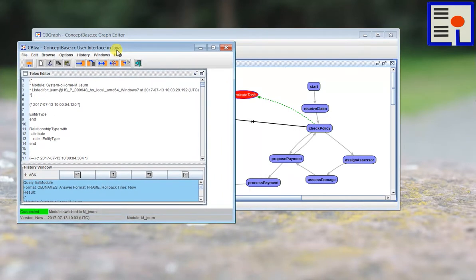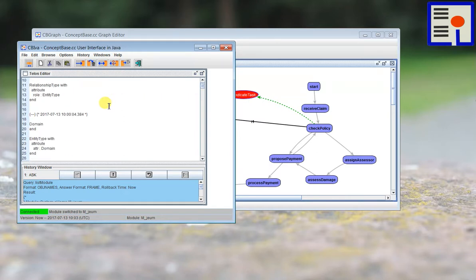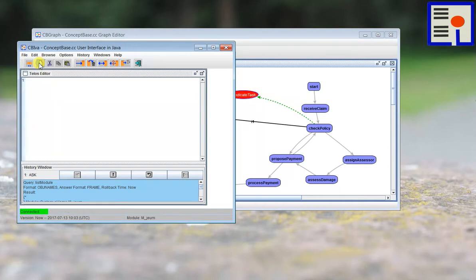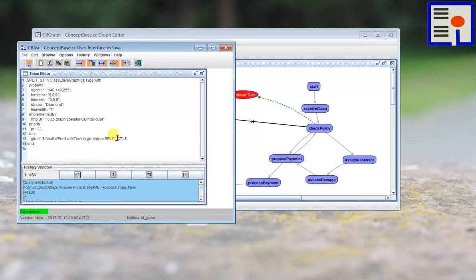It opens up here. It will display the content of the current module, so all the different definitions that we did in the last episodes. So let's clear that out and define a special graphical type for these predicate tasks. So we call that a split